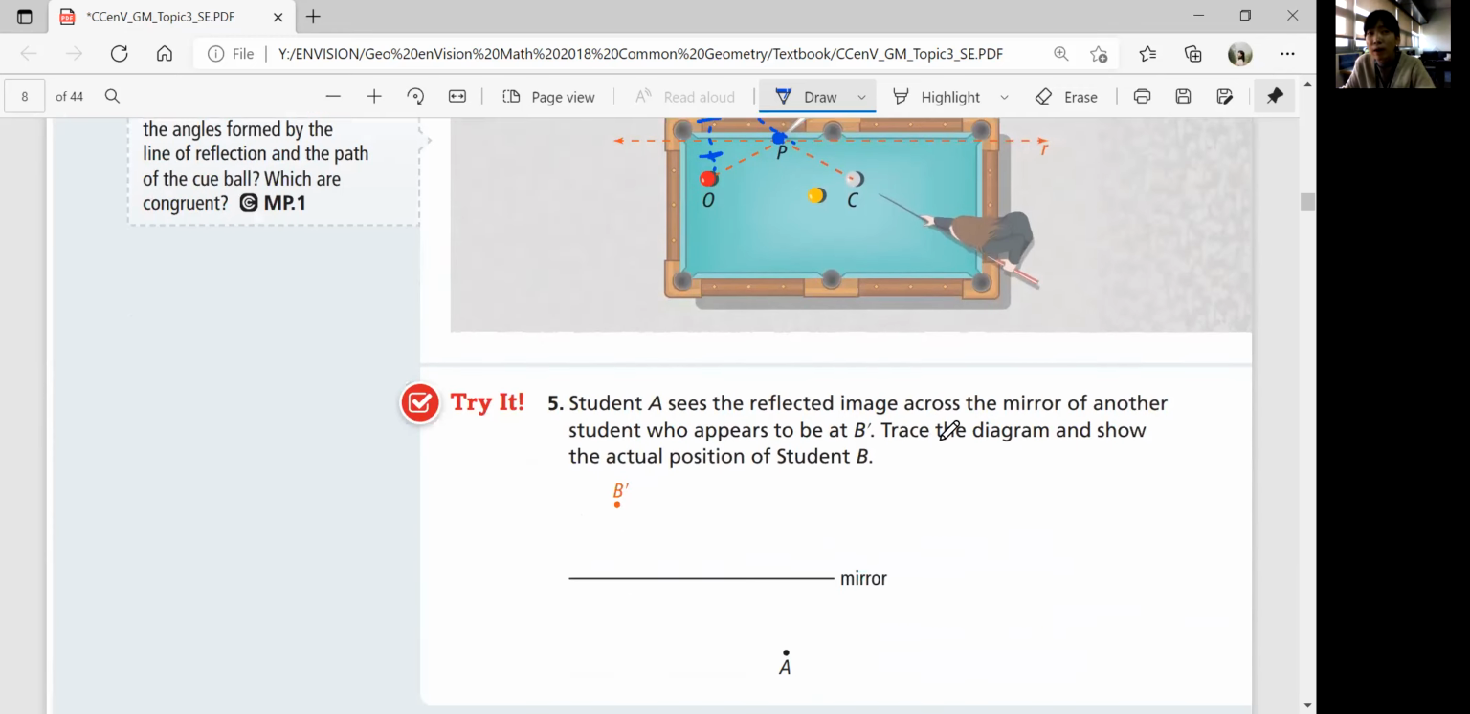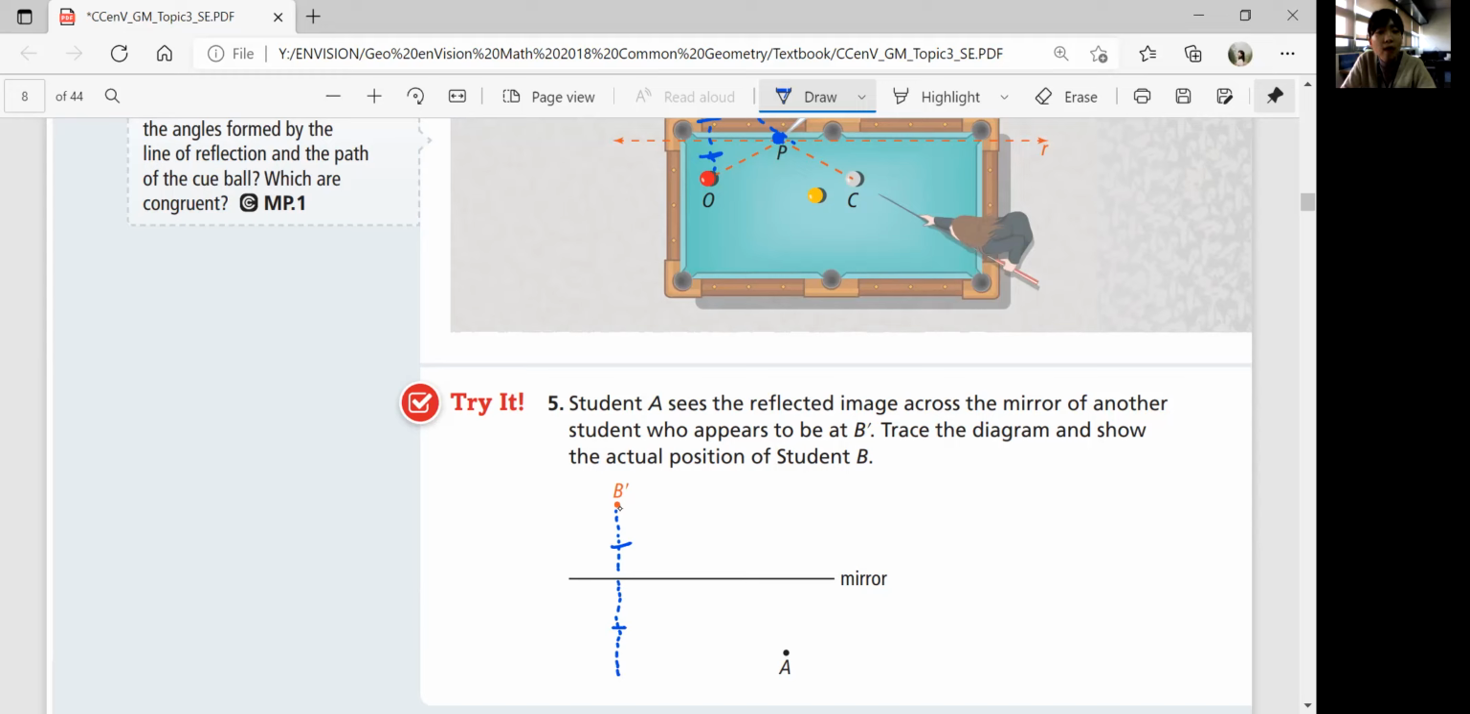Let's look at try number 5. Student A sees the reflected image across the mirror of another student who appears to be at B prime. Trace the diagram and show the actual position of student B. Notice that this is B prime, which is reflected across the mirror, right? So from student A's view, he's over here. So where is he actually? That's a mirror image. So you want to draw the same perpendicular line across the mirror that is the same